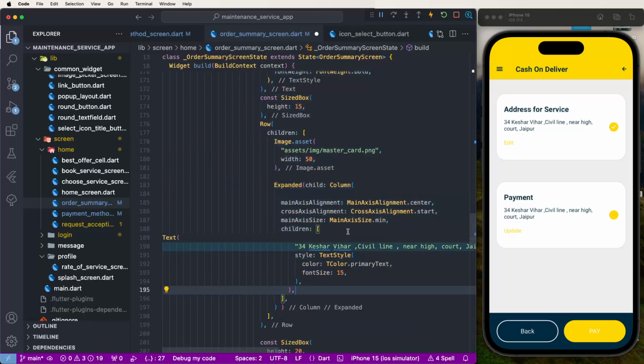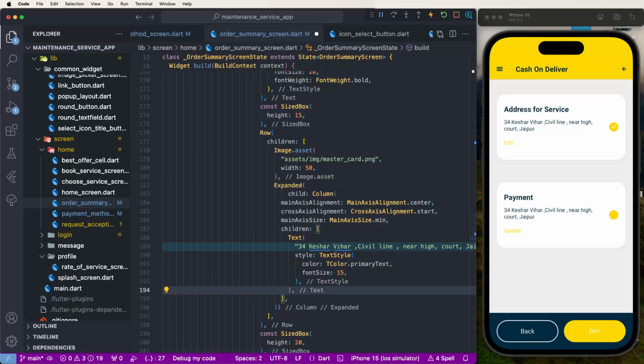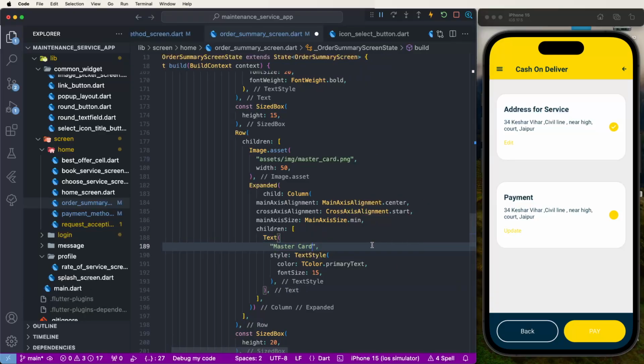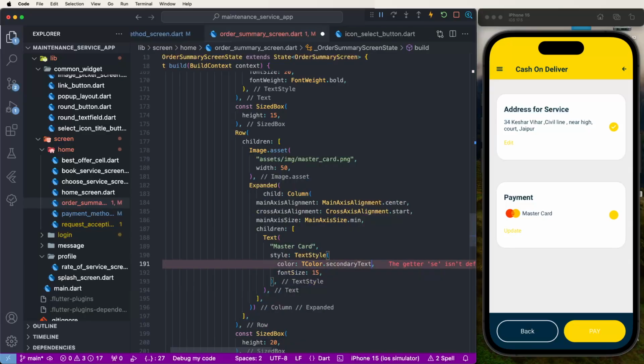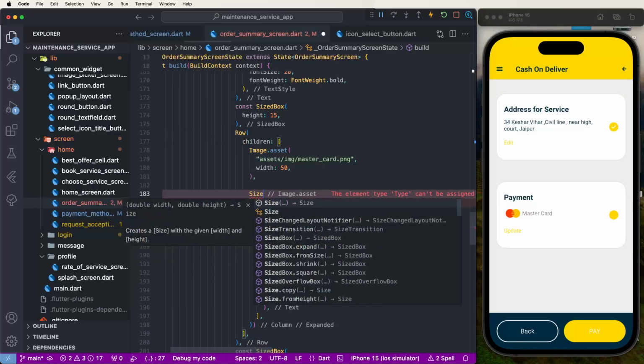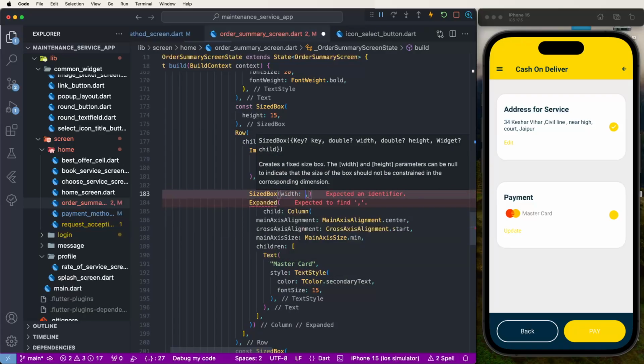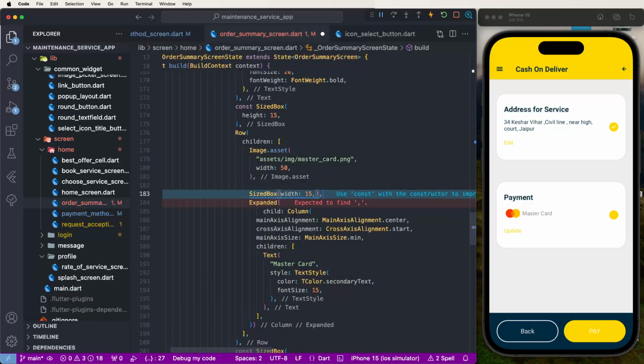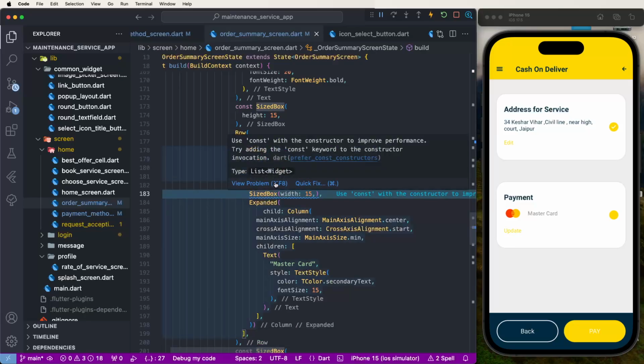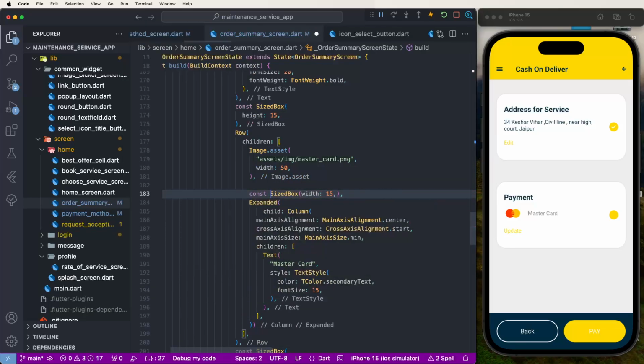Now need to cut here, and we need to set this here the master card like this show, and to set here secondary text, give this here some width space, sized box width need to give this here the 15, and like this showing here, and also decrease this here the font size need to set here 12,